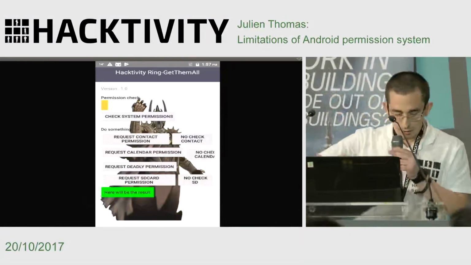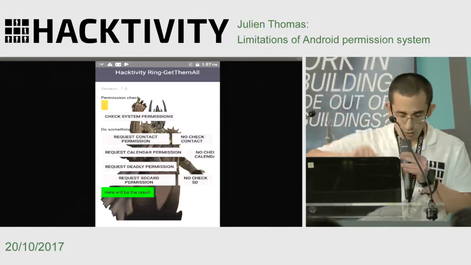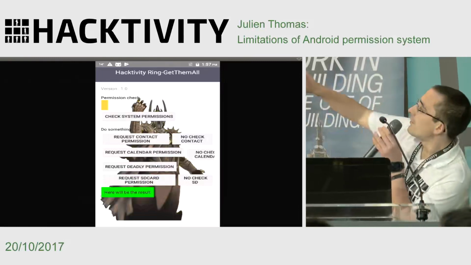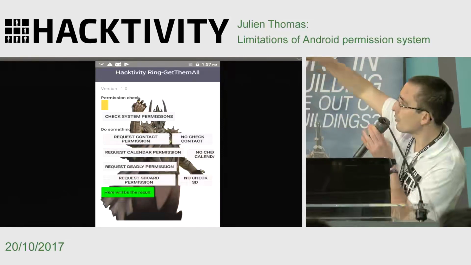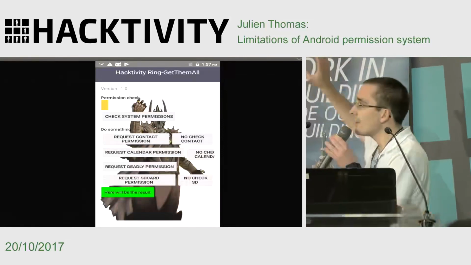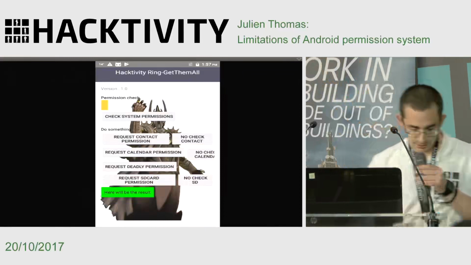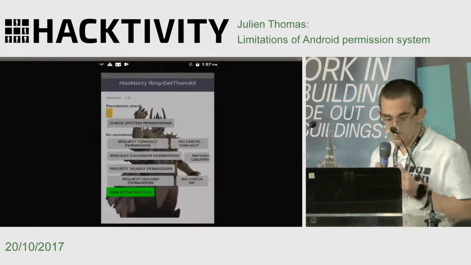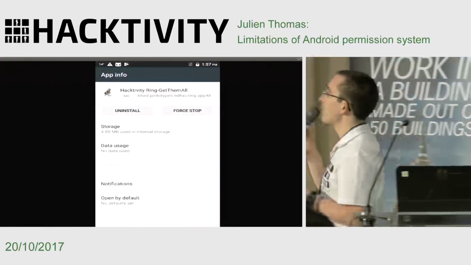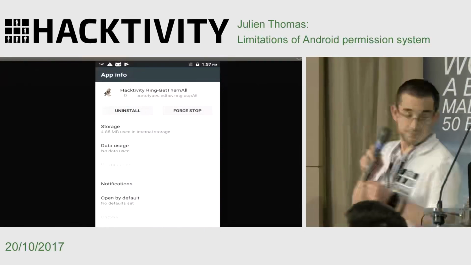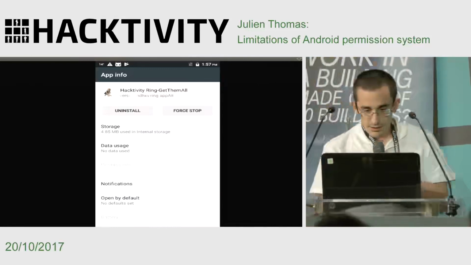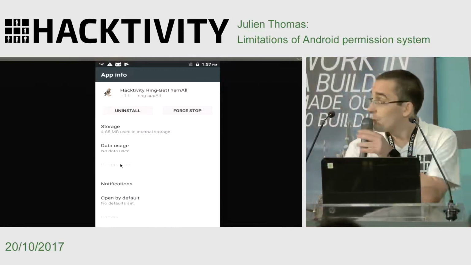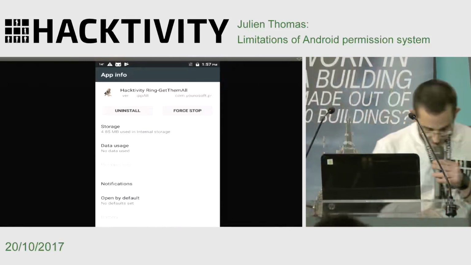We can try to request permission, and at the top we have 2 very important things. The green zone says what we can say that the application has. And if I click on check system permission, I will see that this application basically requested nothing. We cannot see anything, because that basically means it requested nothing. If we go here, it's gray, so it's not visible.